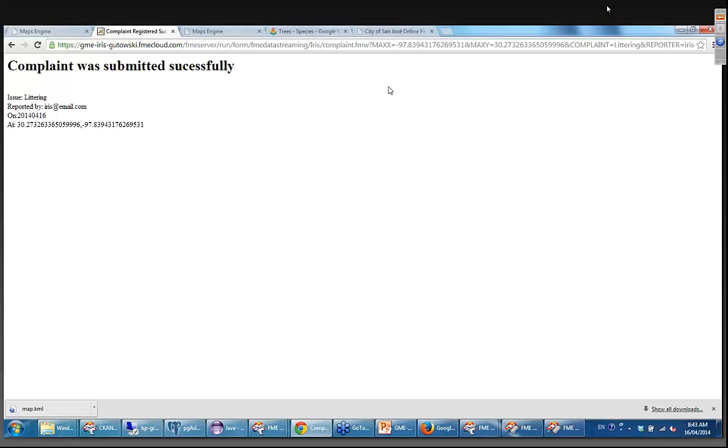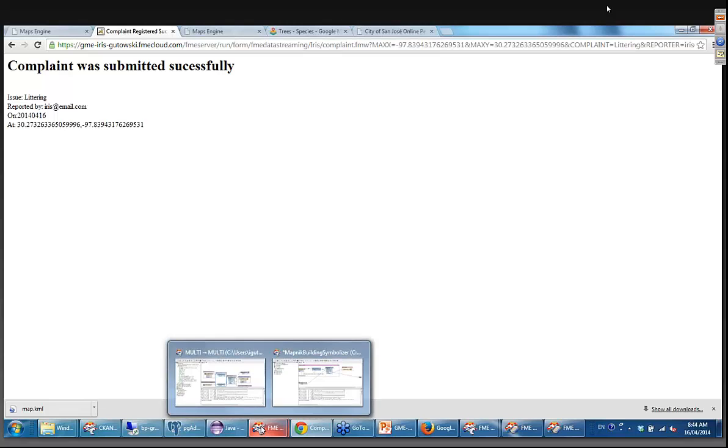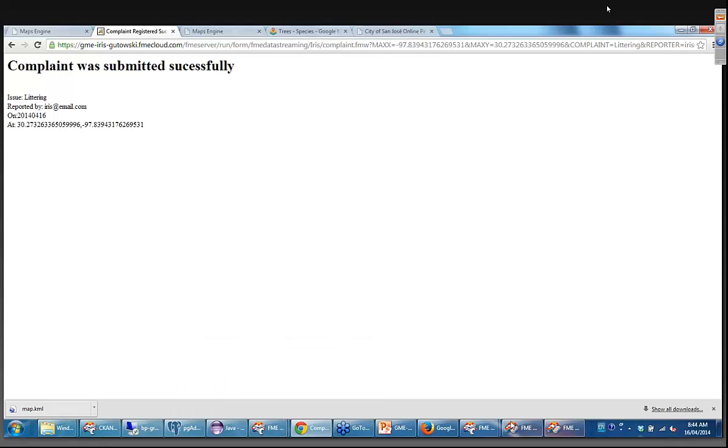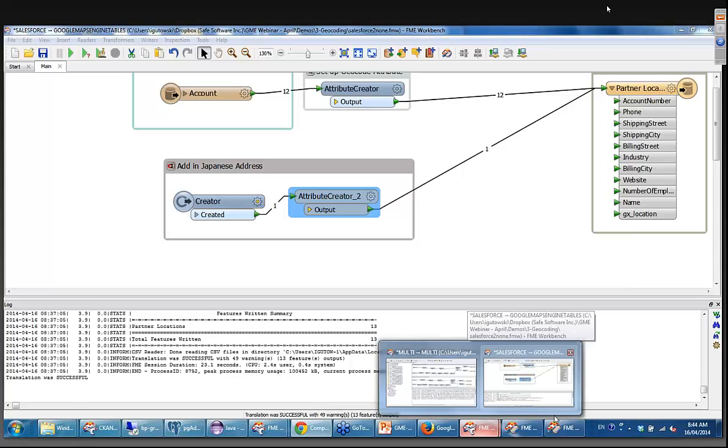So this is actually powered by FME server in the background. FME server sitting on the cloud. So this is an FME cloud instance of server that's running. When I submit this web page, it sends a request to FME server to run a workspace, and this FME server workspace is actually writing to a database in the cloud. It's a Postgres PostGIS database actually in the cloud. So I'm writing to this cloud PostGIS database. And the idea here is that I want to sync up the data in this PostGIS database with my Maps Engine table. So what I would open up here is